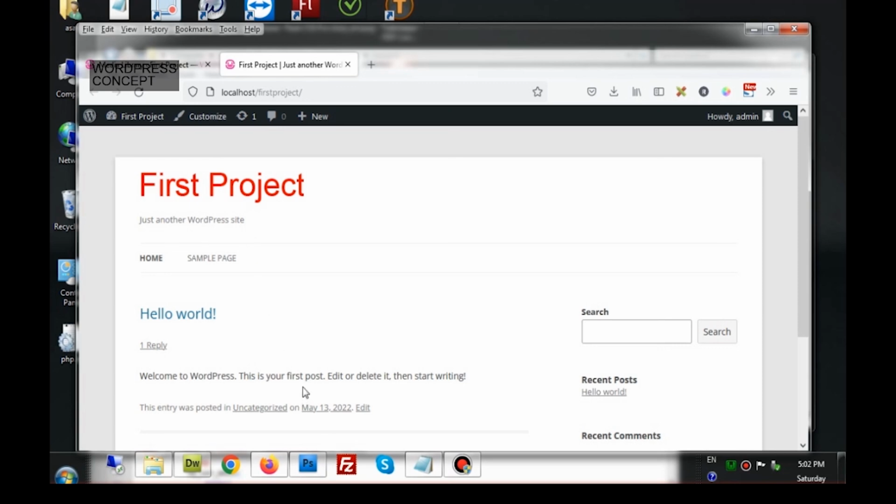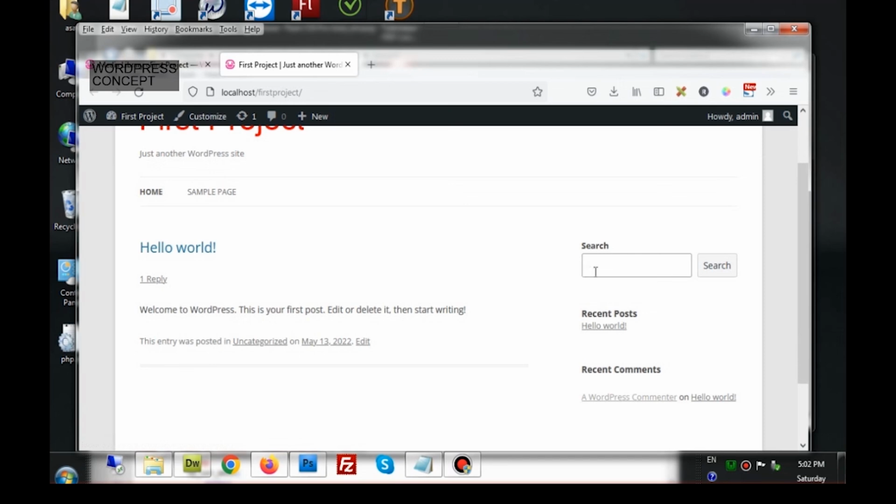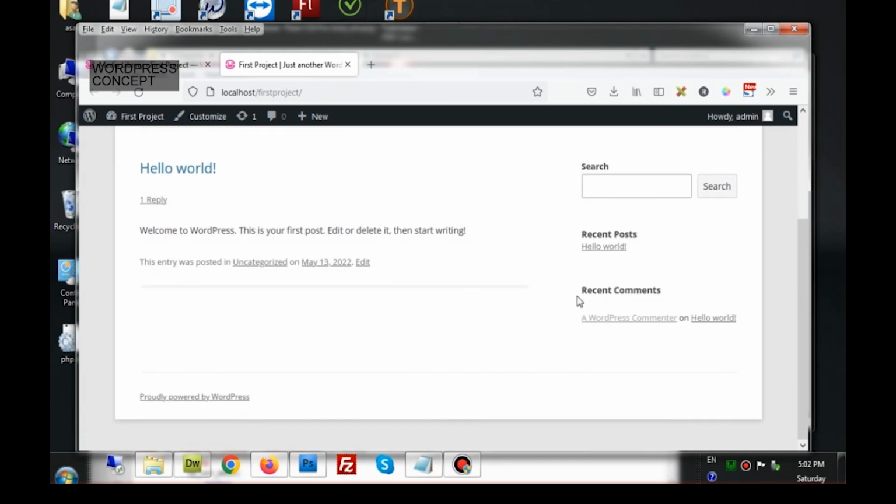So now onwards, in lesson number 3, I will tell you how to change this navigation menu, how we can modify this content area, how this sidebar can be customized according to the requirement, and how we can make changes to the footer as well. So we will meet in lesson number 3, and we will learn all these things in lesson number 3.